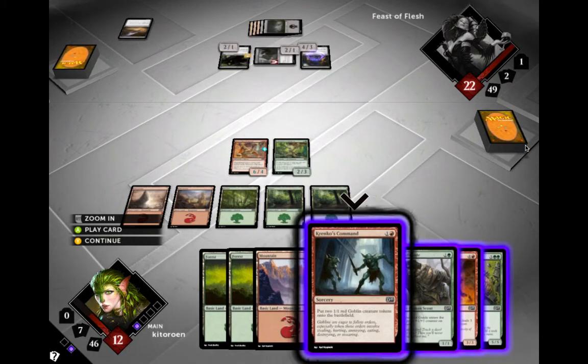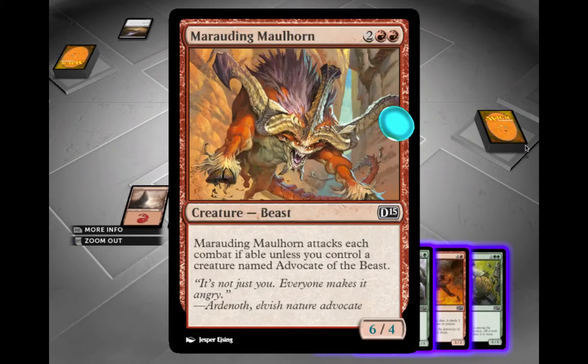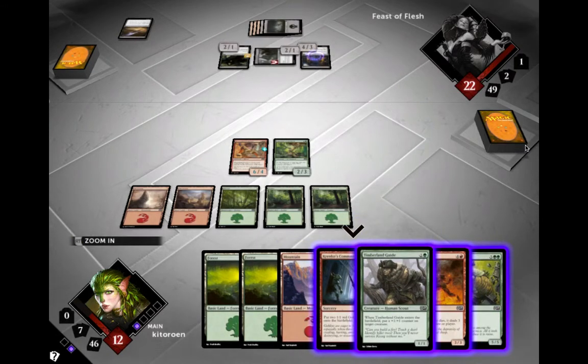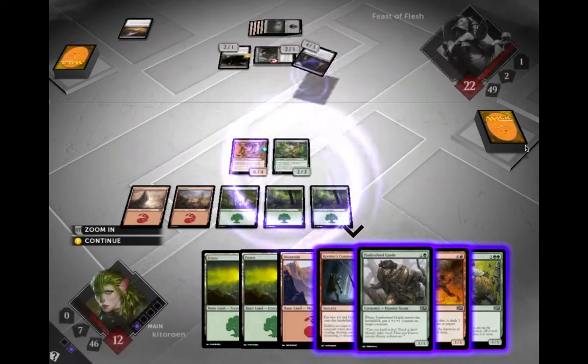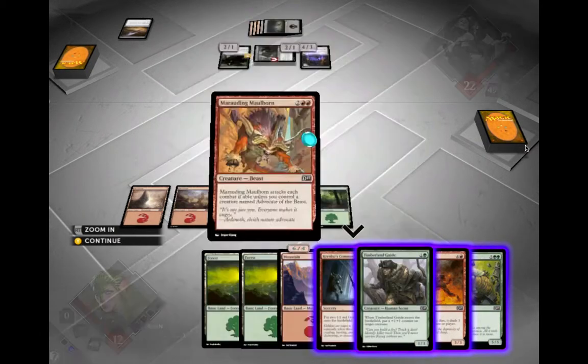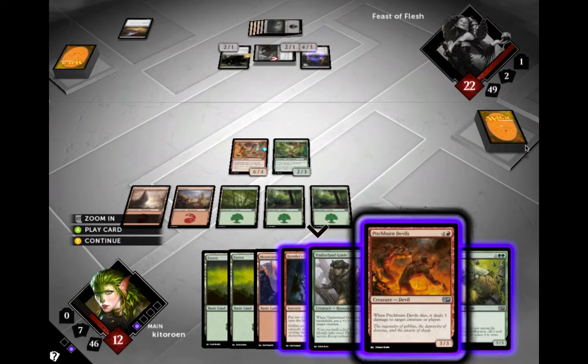I can play the Krinko's command and put his counter on this guy. But since this is a 6-4, he's almost guaranteed to block with this 4-3. Now if I put the counter on him and I swing, he's almost guaranteed to dual block with these two creatures. So what I'm going to do, I think, is...